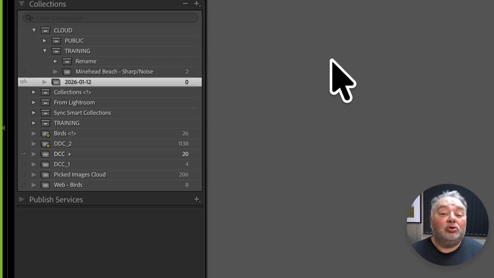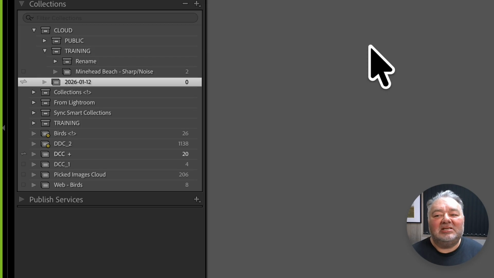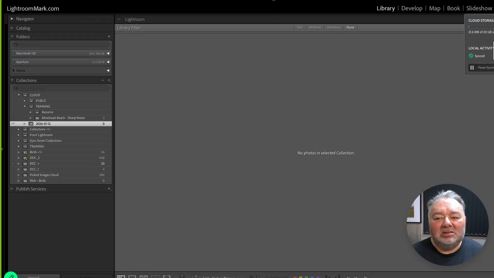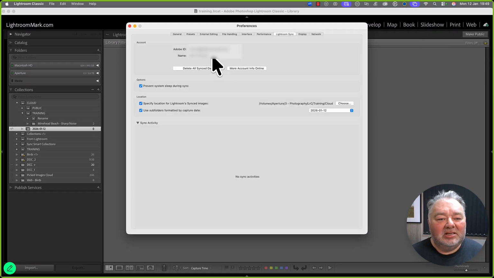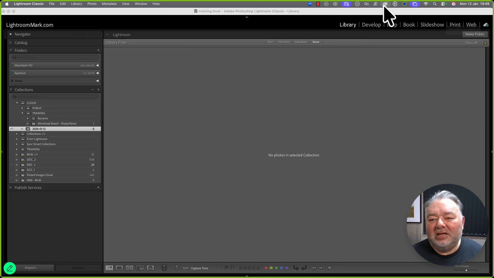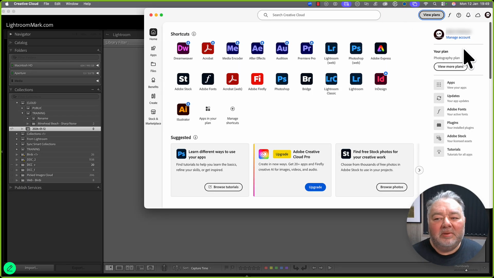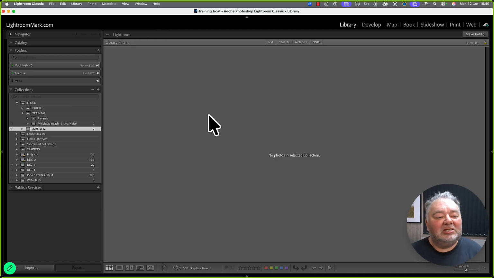You can see it on your devices logged into the same account. So there's your account here, logged in here. It's also in your Adobe management up here, your account. You're logged into that with your other devices, and you'll see that on your tablet, your iPhone, and your web